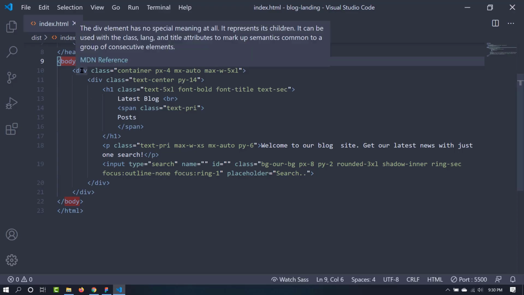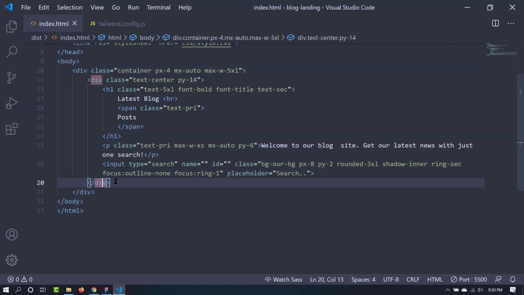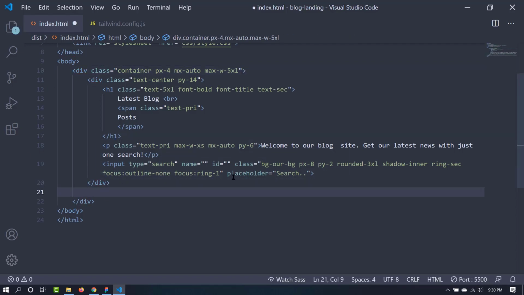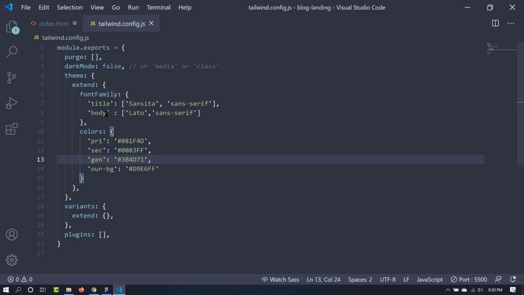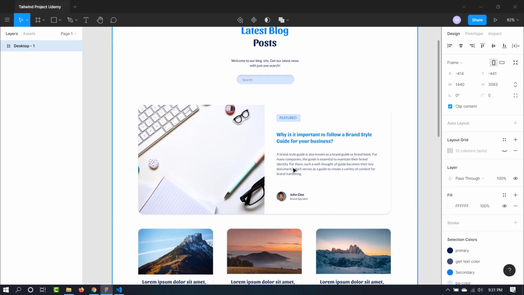So this should be inside our container div, but after this heading stuff. But before that, we haven't given this description text any font. We have created this body font, or Lato, which will be applied on each of the fonts except this title font, right?